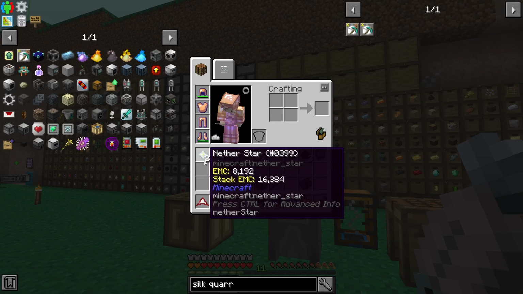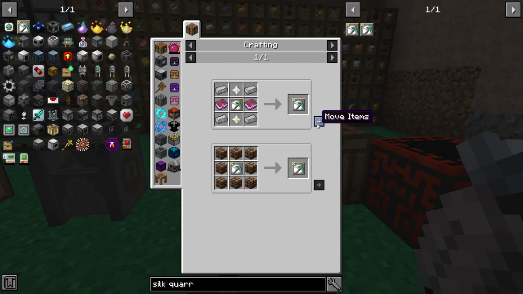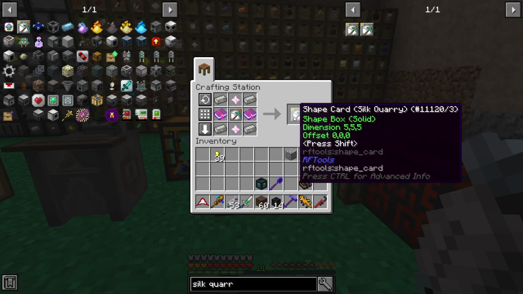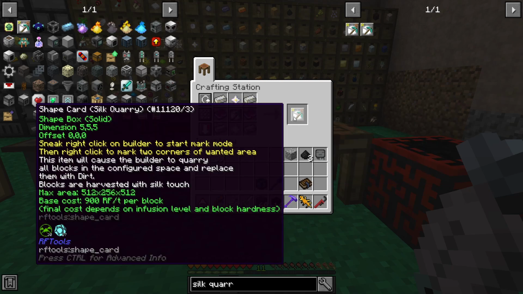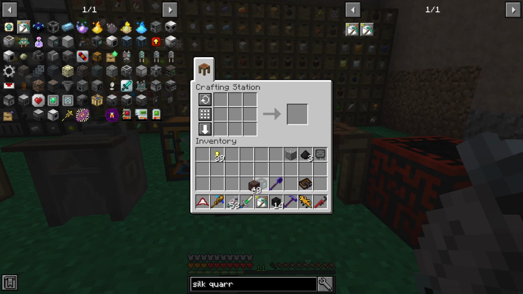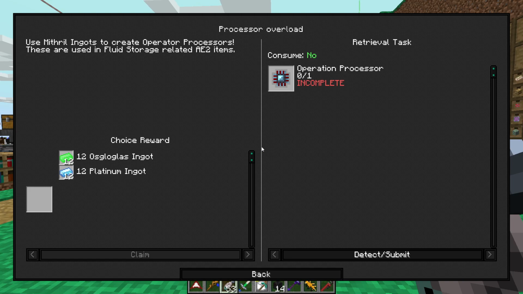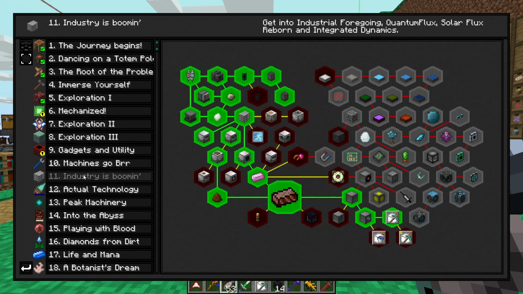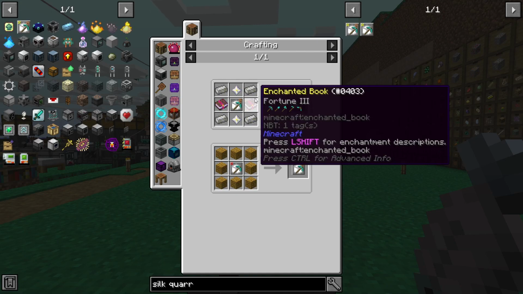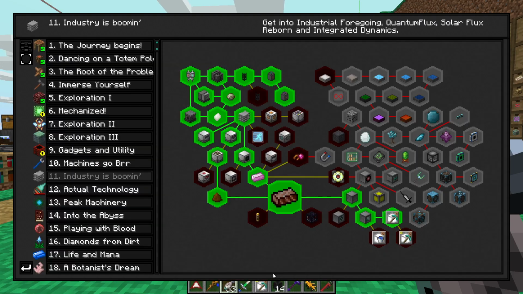Okay, and I'm back with my single extra nether star, and now I have enough to make the Silk Quarry shape card, which is really nice. It's a direct upgrade, right? Because I can process most of the stuff better than I can, even with fortune. So there's no quest for that, because the quest does require having both, which, I get it, but whatever. So yeah, a couple fortune 3 books and then another 2 nether stars. So I'll do that at some point, but